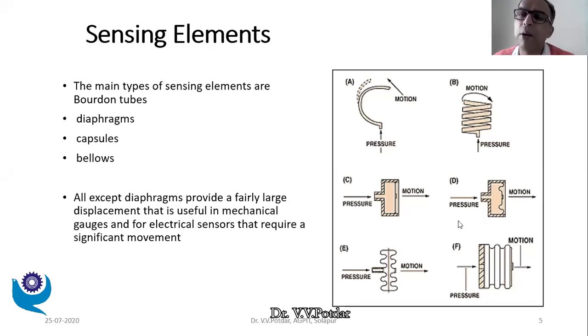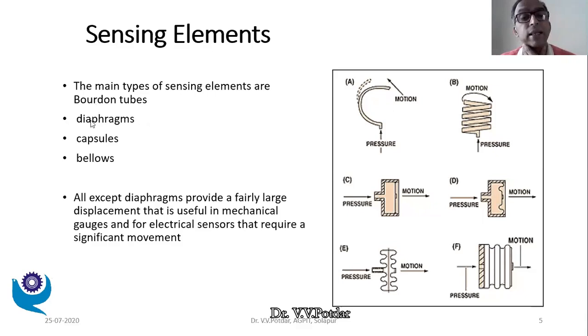Because of the elastic property of this helical Bourdon tube material. So these are the two types of Bourdon tubes which are used as sensing elements. There is transduction also taking place, because what is transducer action or transduction? Signal in one form is getting converted into signal in some other convenient form. So pressure signal is getting converted into angular displacement. Here also pressure signal is getting converted into angular motion. So this is the first type of the pressure sensing element.